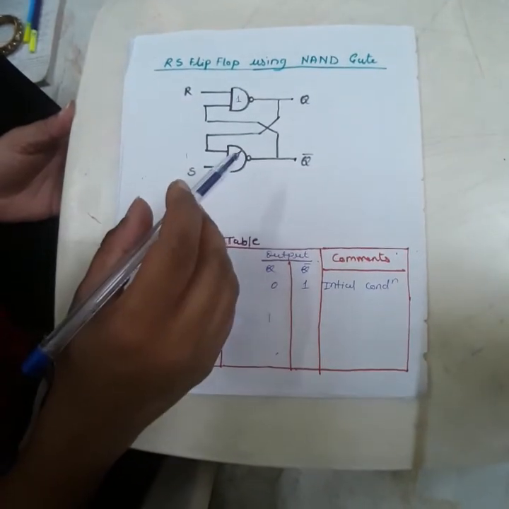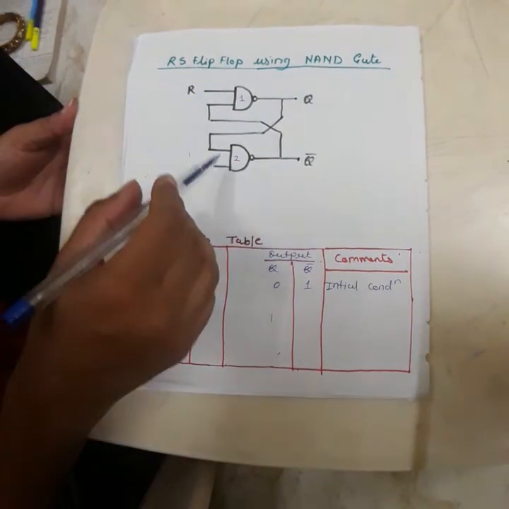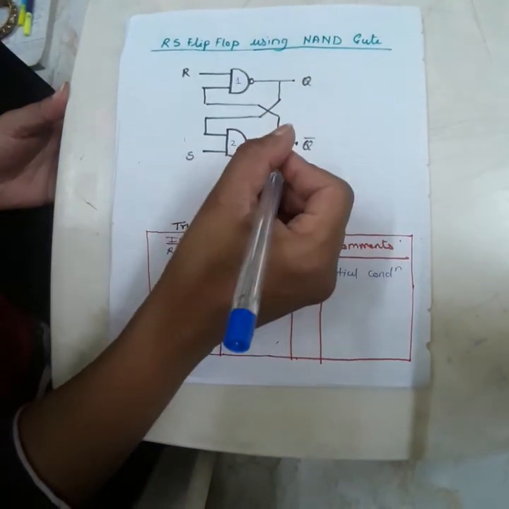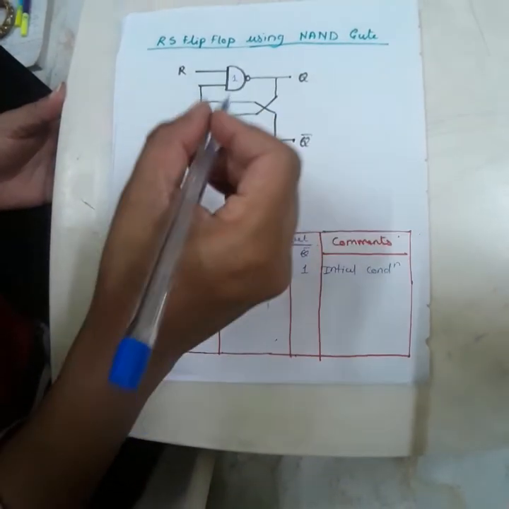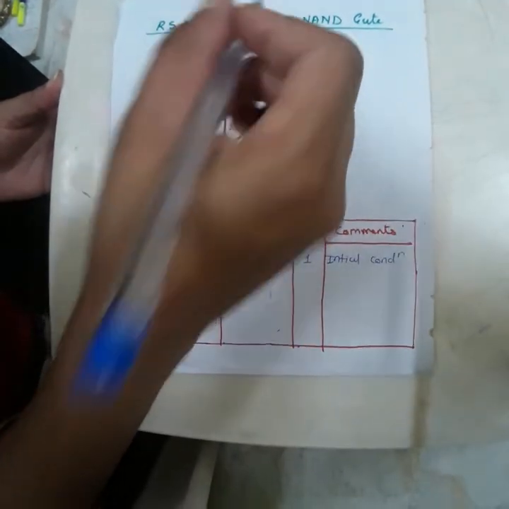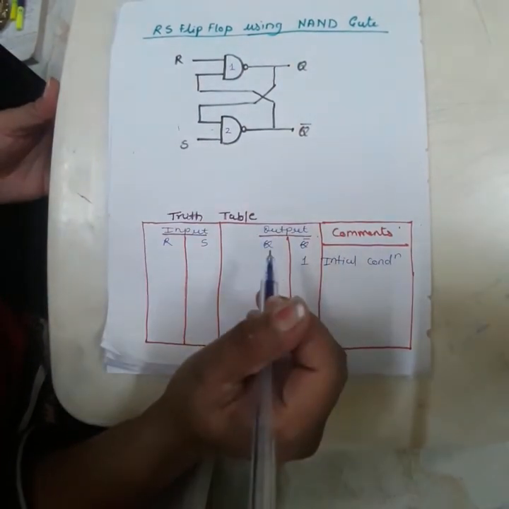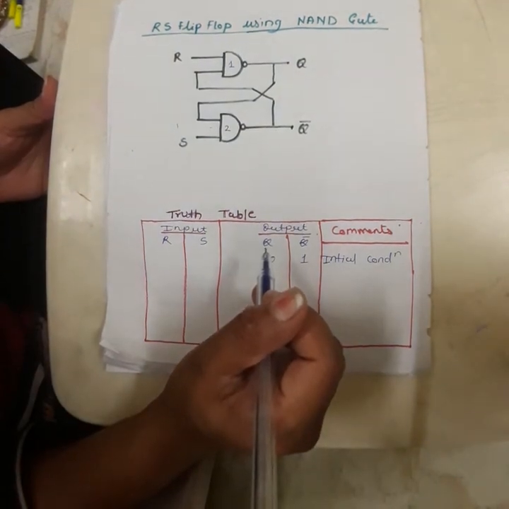I am Pratiksha Kuikar and today I am going to explain the topic RS flip-flop using NAND gate. For using NAND gate, here we used two cross-coupled NAND gates, where the input of the first NAND gate is connected to the output of the second NAND gate, and the output of the second NAND gate is connected to the input of the first NAND gate. Okay, now we will see the truth table of RS flip-flop using NAND gate.